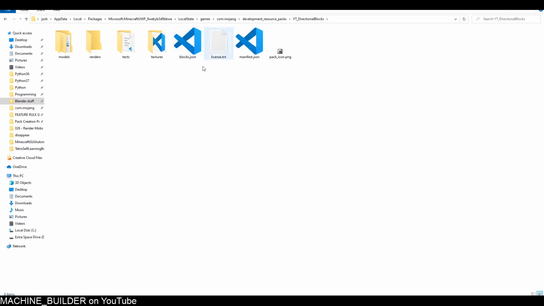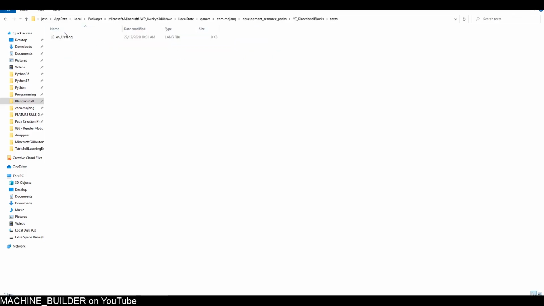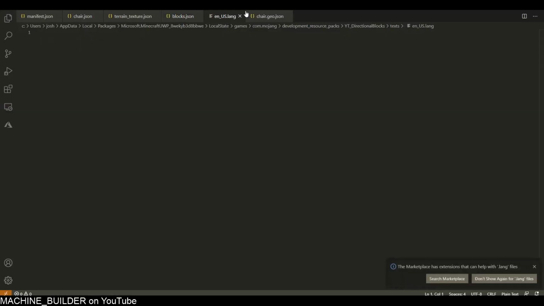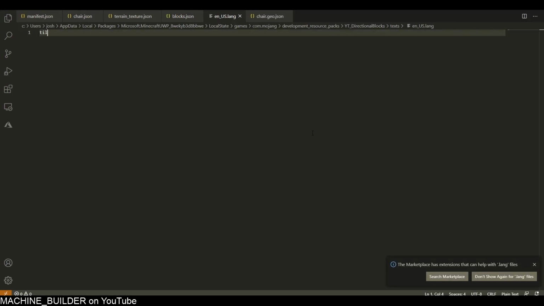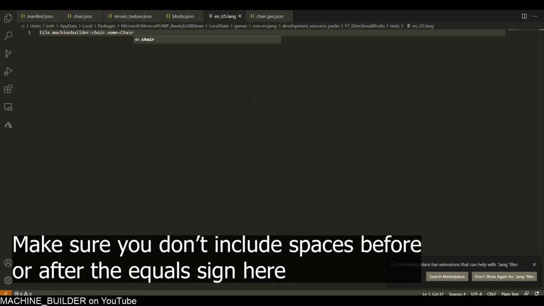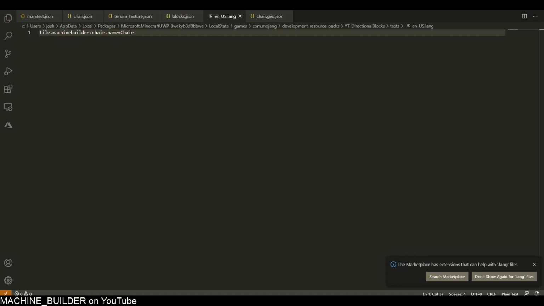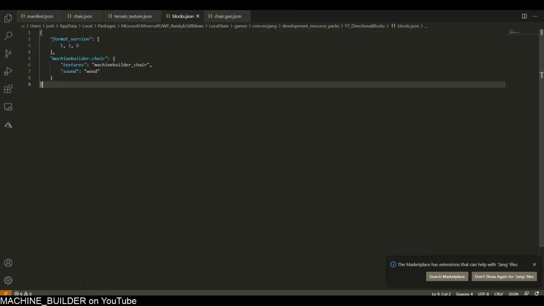Okay, so now that we've set up the sound for our block, we basically have the entire block set up, apart from the text. So I'm quickly going to open text folder, and then n_us.lang here, and we have to define the tile name. So we have to link the tile name. So tile.machinebuilderchair.name equals chair, if I can spell. There we are. So that's what we want here, and we can close that, and we should just be able